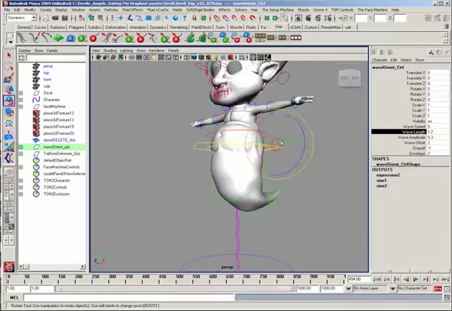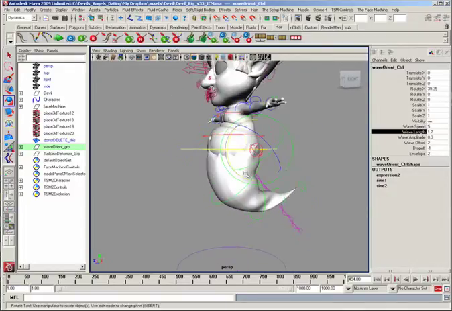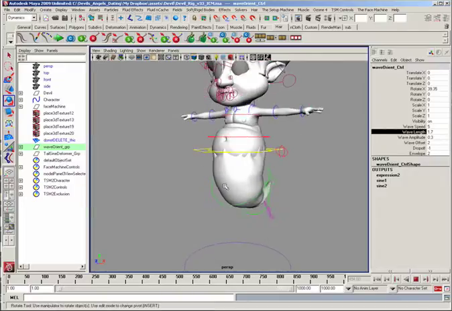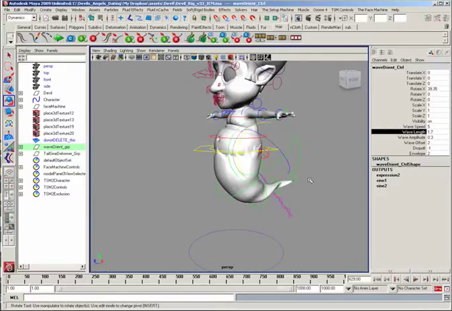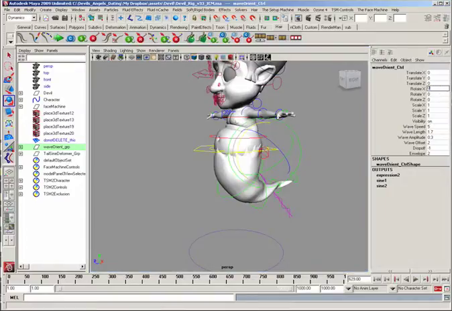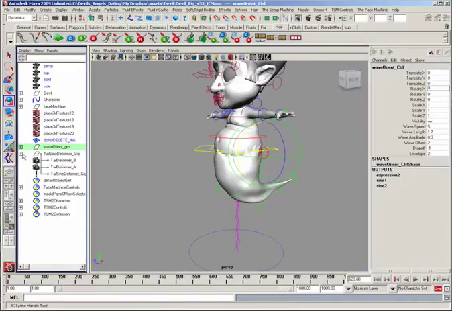Then you can use the offset to get different results, so you get the ripples moving in a different direction. Obviously you wouldn't actually see these